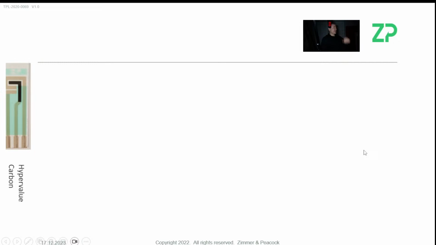These particular inquirers, I believe, are using the hypervalue carbon electrode. It's a good choice. It comes back to my earlier statements that at ZP, the reason we're able to get quality into our screen printed electrodes is because, A, we're the biggest users of them, and B, because we're using them a lot and selling them, we're able to get them at high volume. I will talk about how we're also testing these electrodes before they ship, which ensures the quality. We do have a nice 501 electrode that's come along as well.